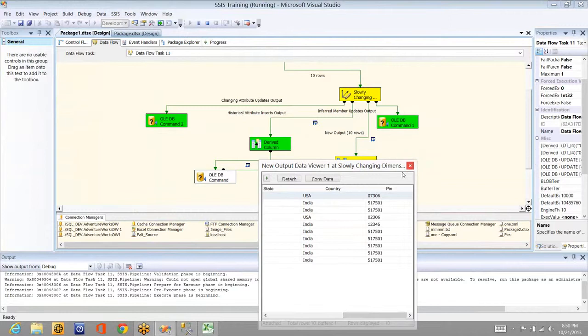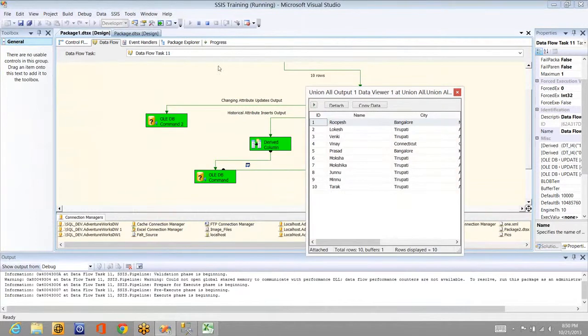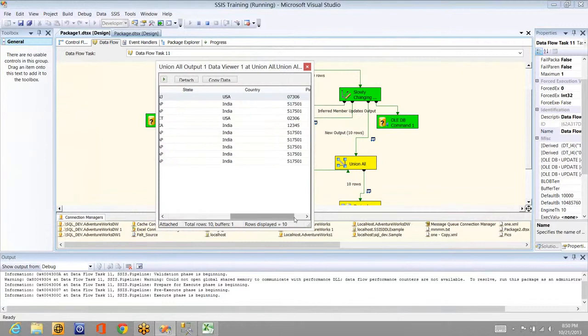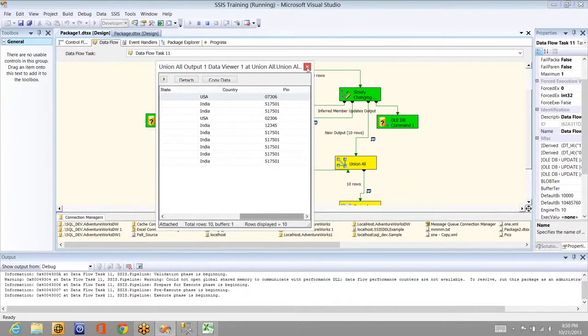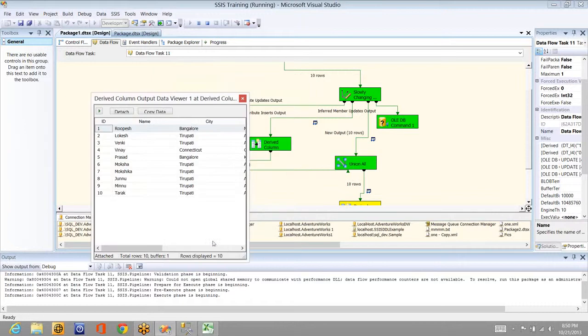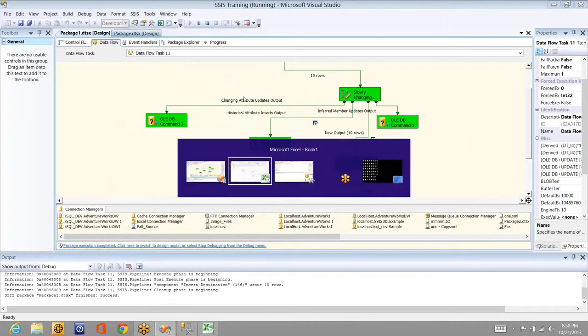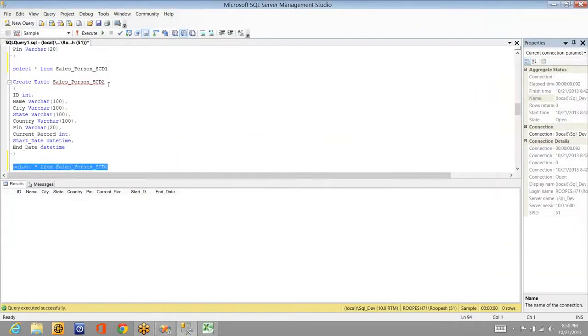Okay. Now this is the data viewer at this level. So at this level, what is happening? It's unioning, it's the same, it is fine. Now if I close it, you can see it will add one more column called current column. Can you see? Everything is current now. This is the first time insert, so everything is current. Okay. Click on OK. Done.